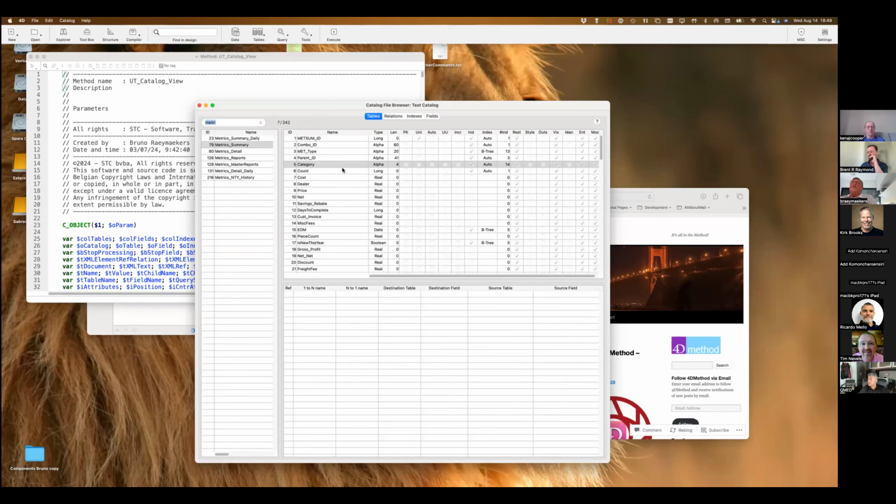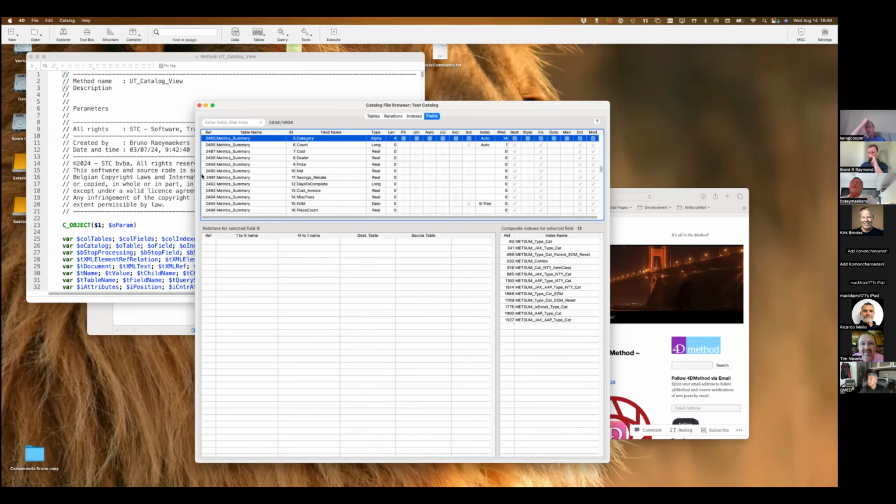Now, double clicking on the field itself gives you, again, an overview of all the attributes of the field, but then you get the information of relations and indexes from the field perspective. So if I select the field here, let's take category again, you see that this field is comprised into 13 composite indexes.